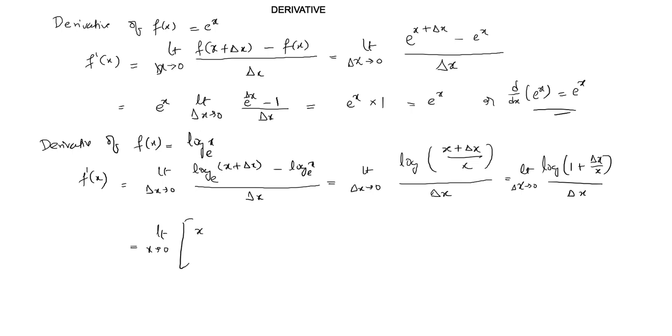Now this is limit x tends to 0, this is x by delta x, okay, this is a log to the base e, and this is 1 plus delta x by x, right, and this is multiplied into 1 by x, okay, which is equal to 1 by x, right,